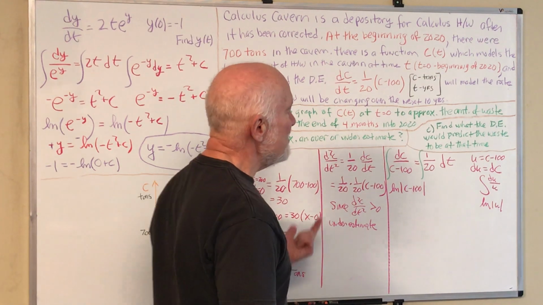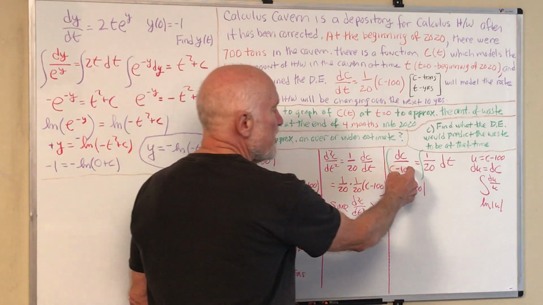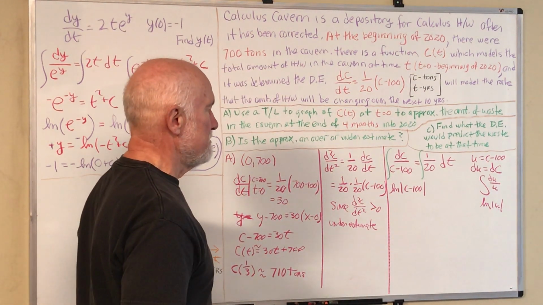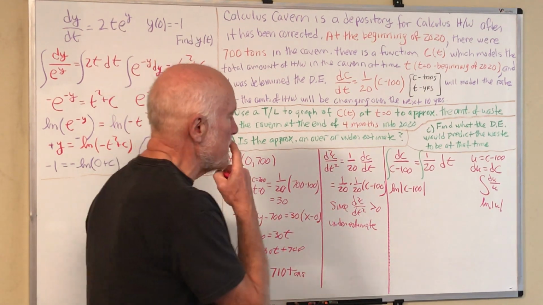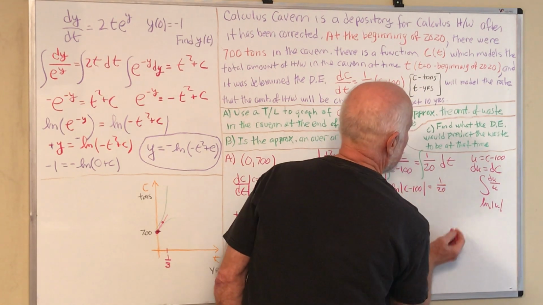And I think you could see that you probably wouldn't have even had to do that u substitution if you knew that the derivative of the denominator was really just 1. But if you don't quite see that yet, just do your u substitution. On this side, you get 1/20th